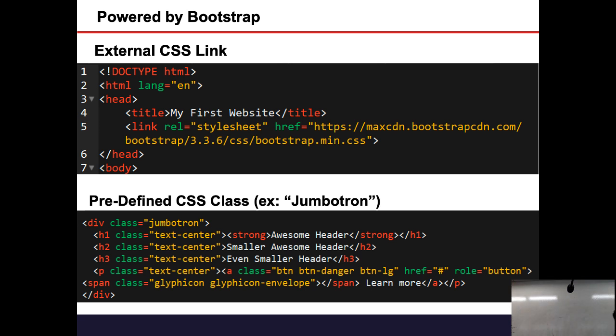You need to link your external CSS. We started with the reset CSS. It was external CSS. We linked it to our website. Then we saw Bootstrap. Bootstrap is also basically a .css file. It's eventually just a CSS file. You are linking it to your project and then using the CSS classes that are in the CSS file.